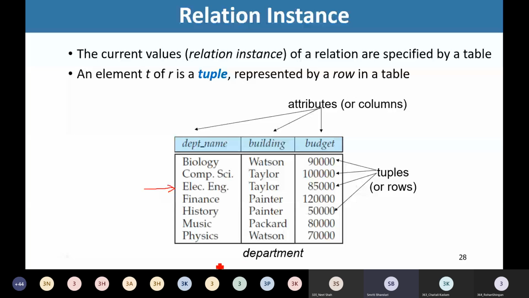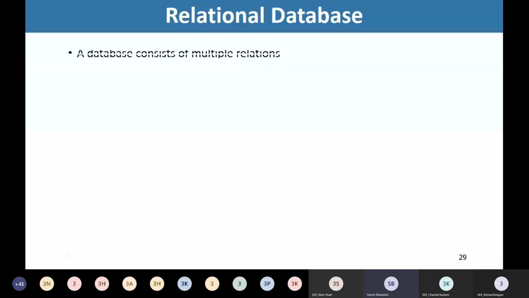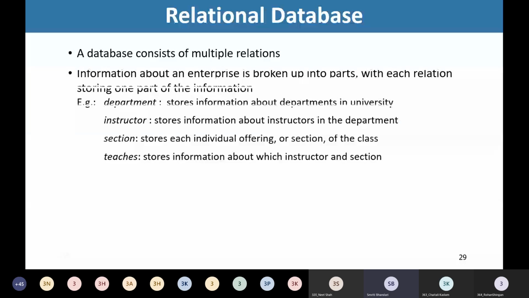This relation department is described with three attributes. Those are the attributes of the relation, and the rows in the relation are known as the tuples, right? So I hope now once again you have recalled the terminologies that we use while discussing the contents of this relational model. Okay, now